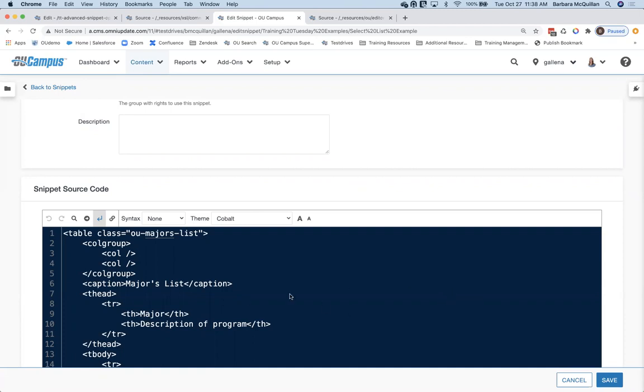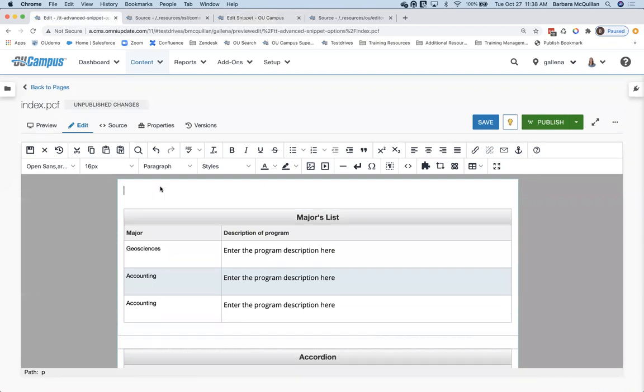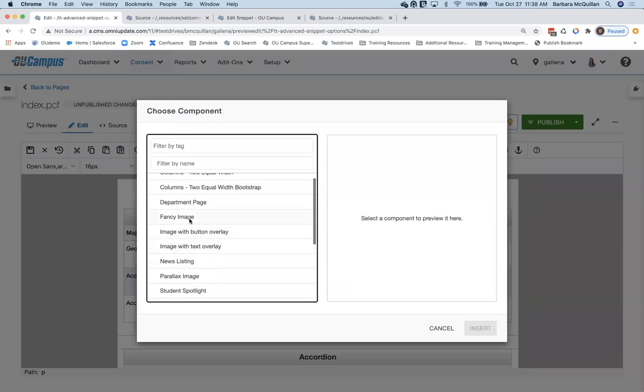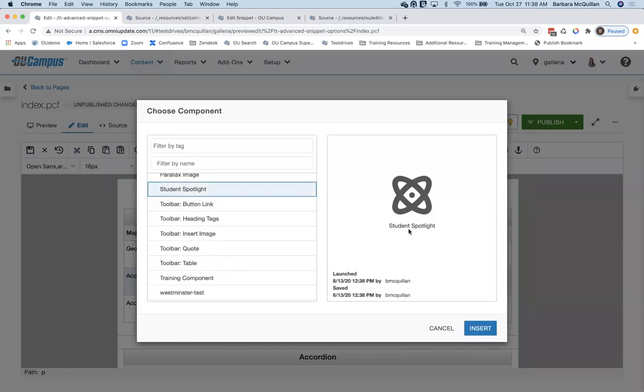We have a question here about can a preview image be created for a component? So good question. Inside the editable region, if I go to insert a component, I wonder if I have something here. So right now, the way that it's set up, it is displaying really just this particular icon for the component. I do believe that is currently set up in the platform just to be the icon, but I can loop back with our development team on it.